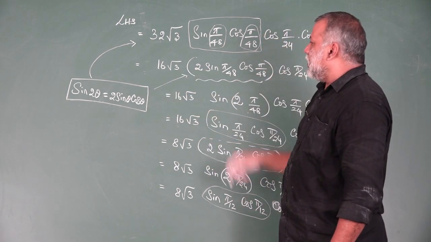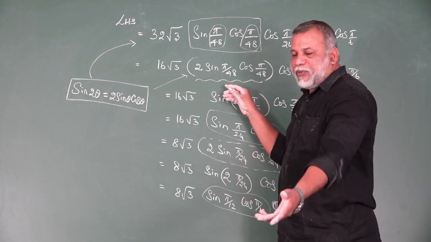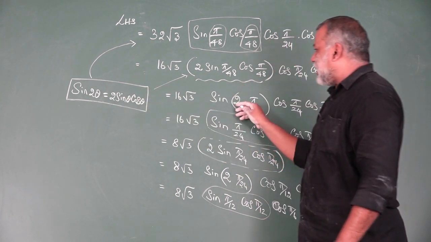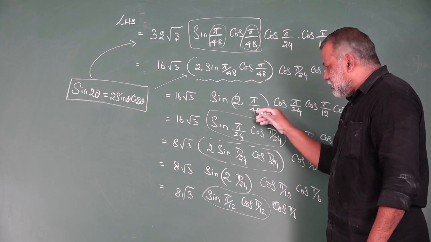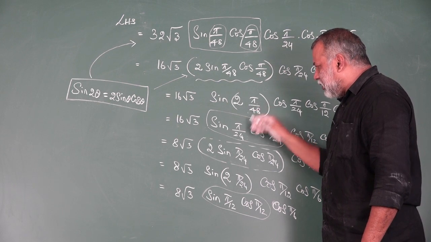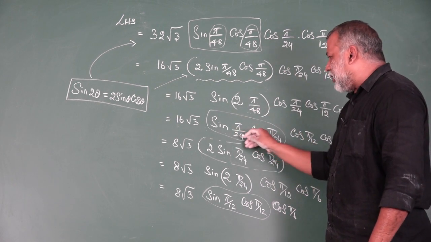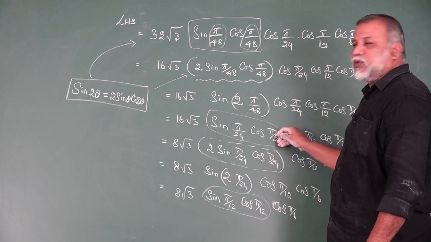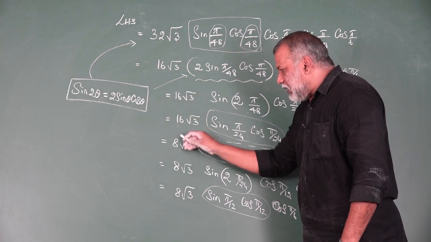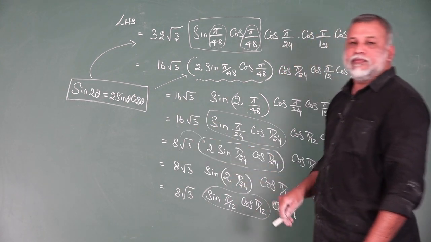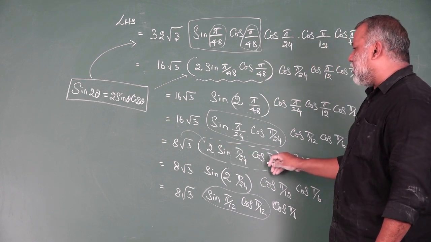Relate this one. So instead of theta, only one difference. Instead of theta, we are having pi by 48. Therefore, sin 2 times pi by 48. Again these 2 and pi by 48 will be removed. We can get pi by 24. Again pair with this one, sin pi by 24, cos pi by 24. So I am splitting the 16 root 3 as 8 root 3. Again I am taking 1 2 here. See this now. 2 sin pi by 24, cos pi by 24.